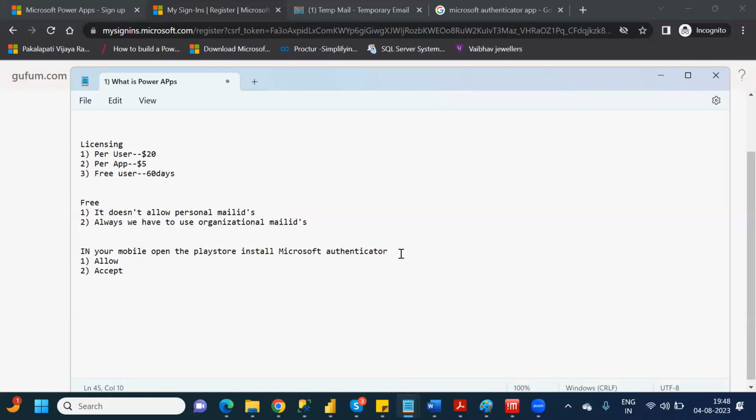After continuing, below that, you will have an option. Whenever you open that Microsoft Authenticator, after clicking on all these details, you will have an option, add work or school account,